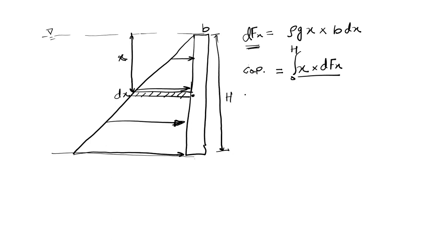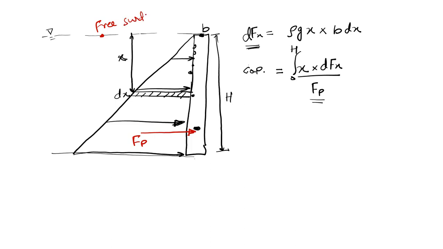Divided by Fp, right? So I have taken a moment about this for each individual force at the elements, like this force, this force, this force, and that divided by Fp. So it is like a moment arm, right? If I replace all these forces with a single force, that is Fp, it will generate the same amount of moment about the free surface.